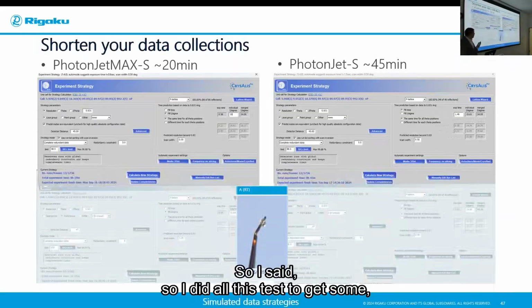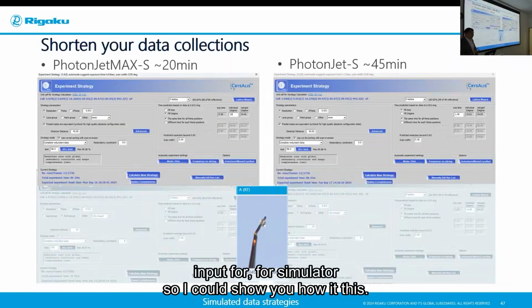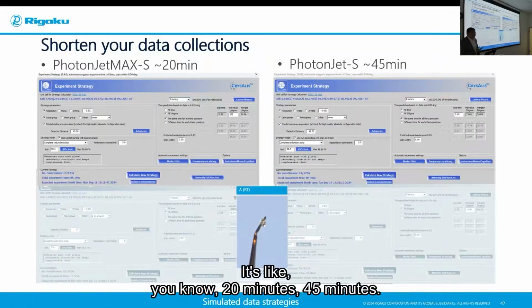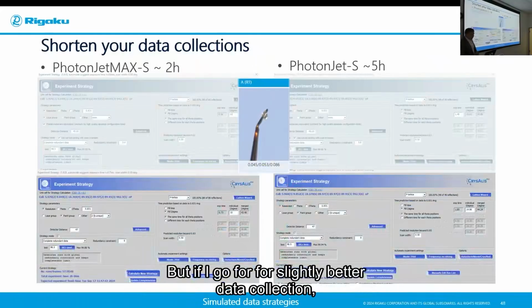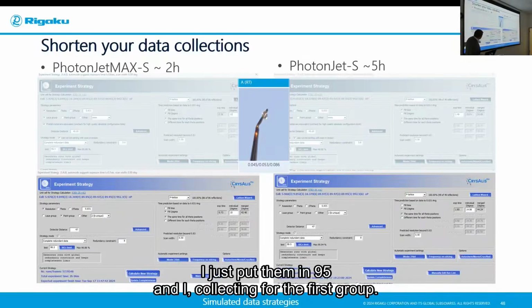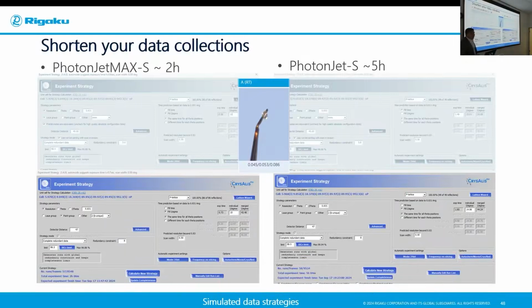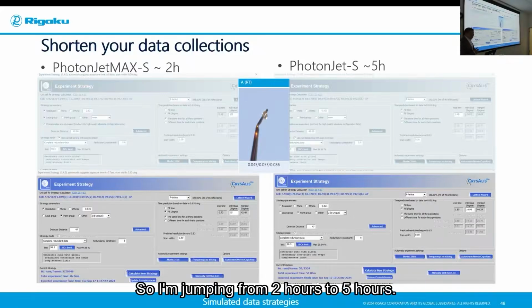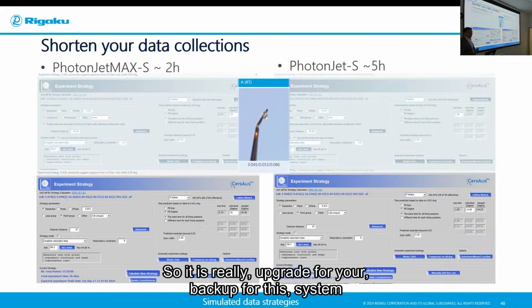So as I said, I did all these tests to get some input for our simulator, so I can show you how it is. On the basic side, it doesn't look like a lot. It's like 20 minutes, 45 minutes. What the heck is it? But if I go for slightly better data collection, I don't know if you can see it, I just put the redundancy at 5 and I'm collecting for the point group. So basically a proper data quality calculation. So I'm jumping from 2 hours to 5 hours. So it is really an upgrade for your